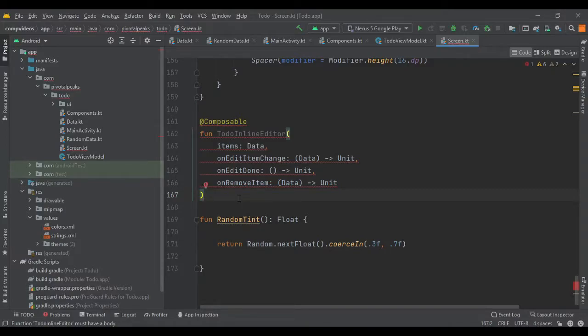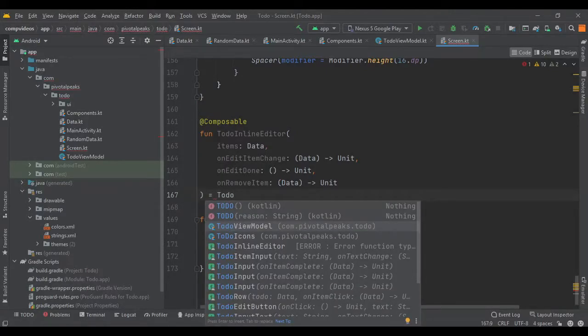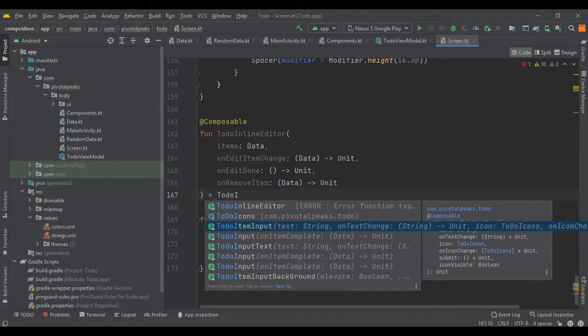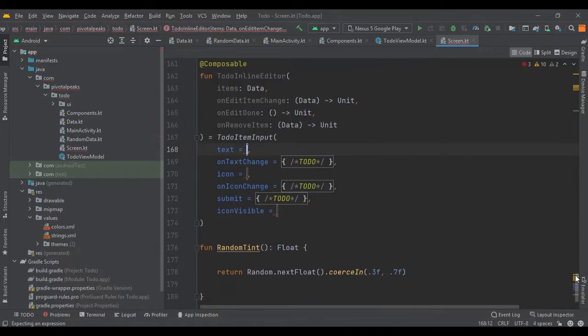then we need to assign it to the to do item input. So let's do that. So to do item input, and then we need to assign all these values for the parameters.